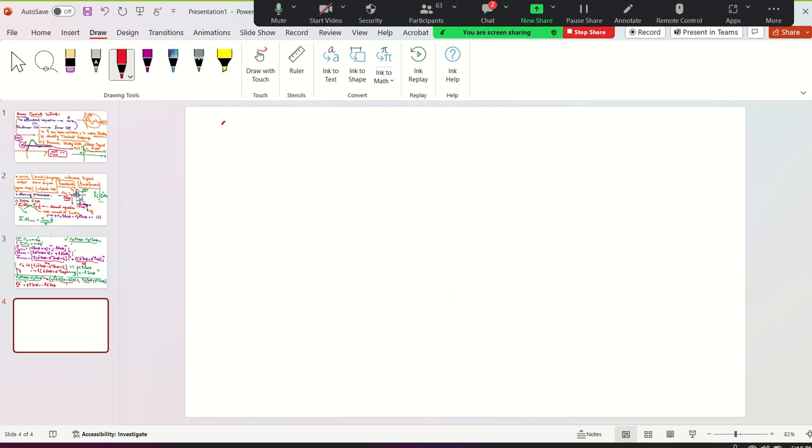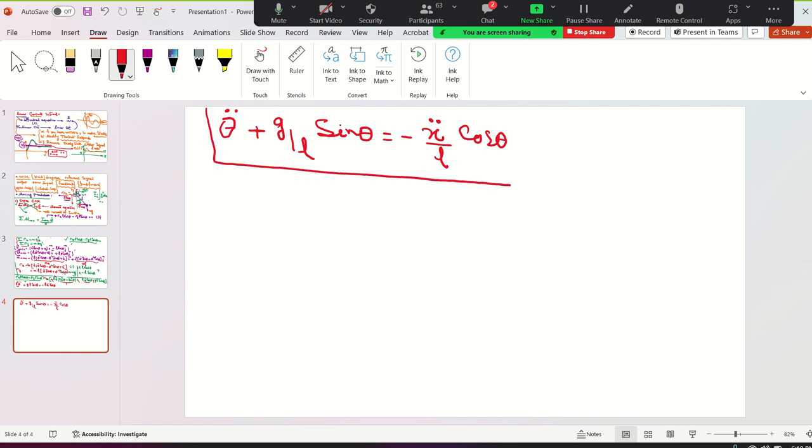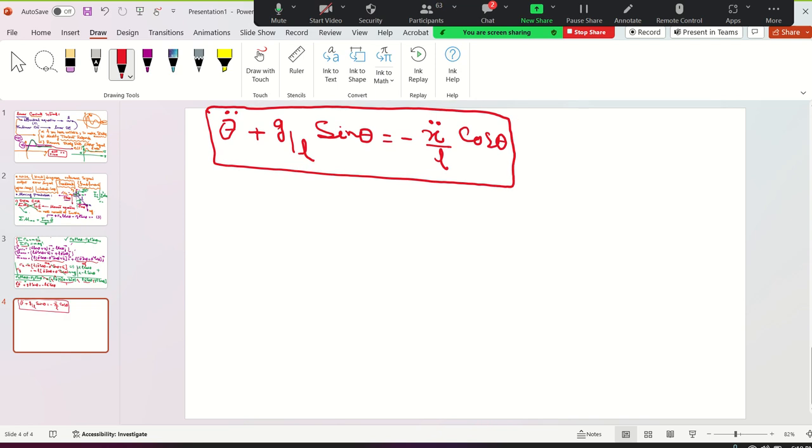So you're going to have theta double dot plus G over L sine of theta is minus the acceleration of your hip joint divided by the length of your leg, a simplified version of your leg, cosine theta. Here we go. This is the differential equation of the moving pendulum, as a robot that is moving on the rover, as a model